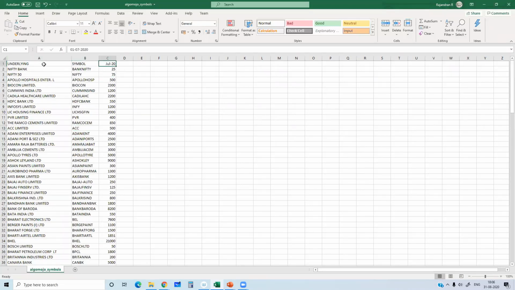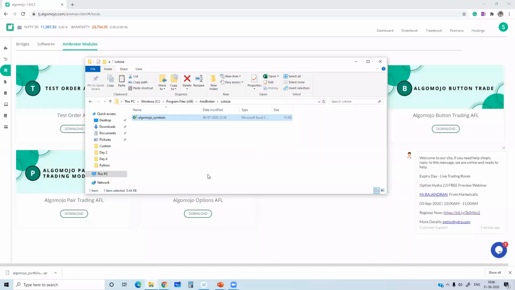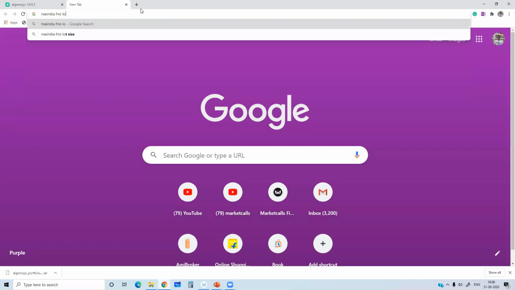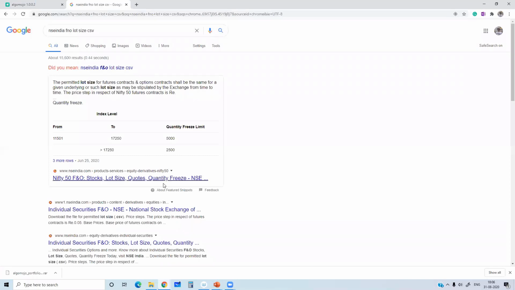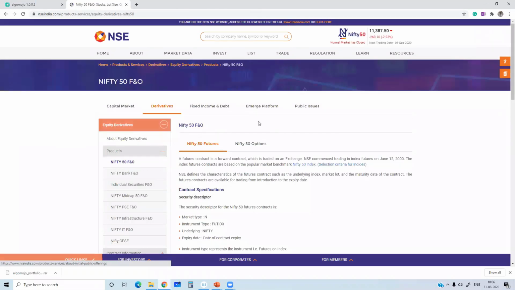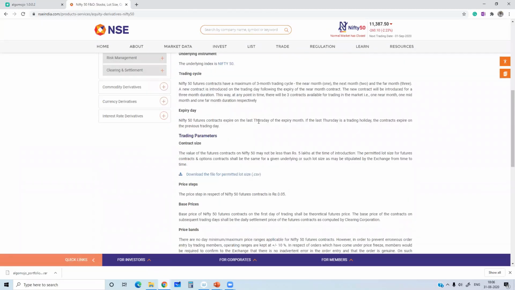In case you want to prepare such kind of files, what you can do, you can always go and download from the internet, probably the NSE India FNO lot size CSV file. So probably you'll be going to the NSE India website. From here, you will be able to download the complete lot size files. Open the CSV file.